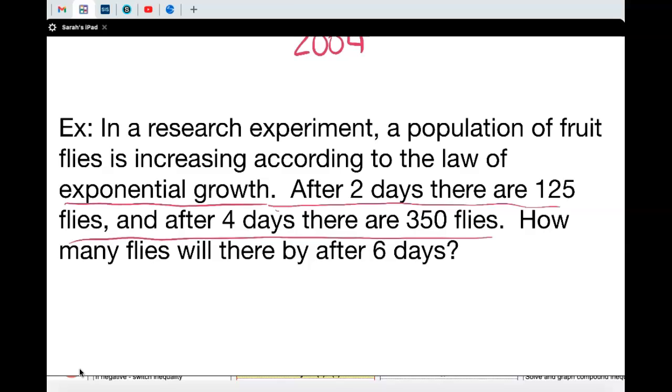How interesting. Yeah, if they didn't tell you it was exponential growth, you could basically find a model for any of it. So you can do a linear model, a quadratic model, a rational model. So if you don't know if it's exponential, then this is just kind of